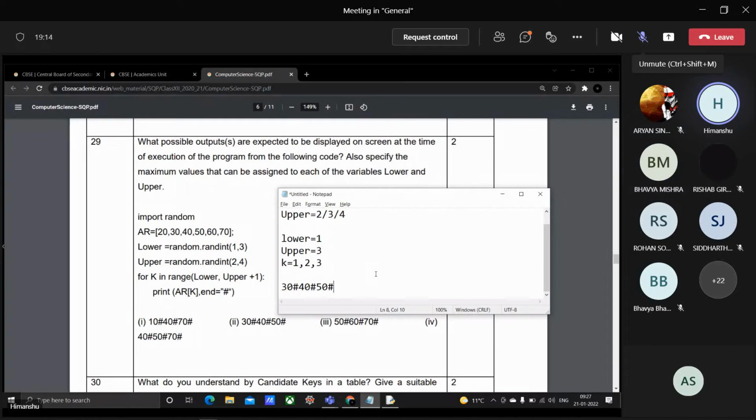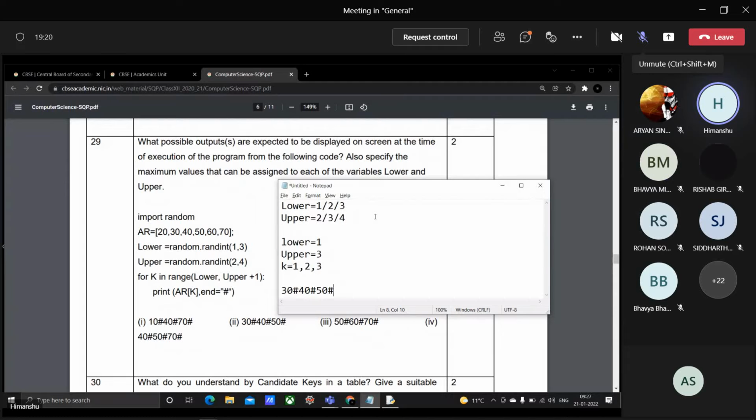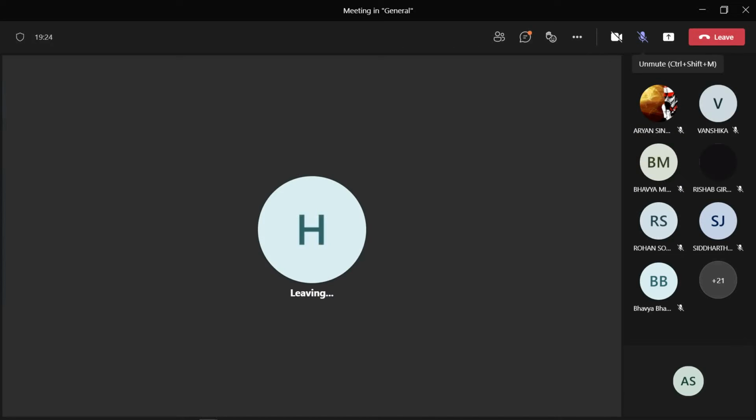What else can you get? See, in the random questions, it is not always that you will be getting only the one correct answer. It might be possible that multiple values can be taken in this equation. So if we have the value of upper, let us say